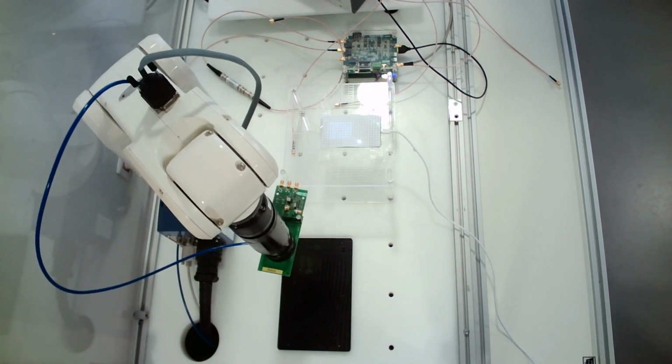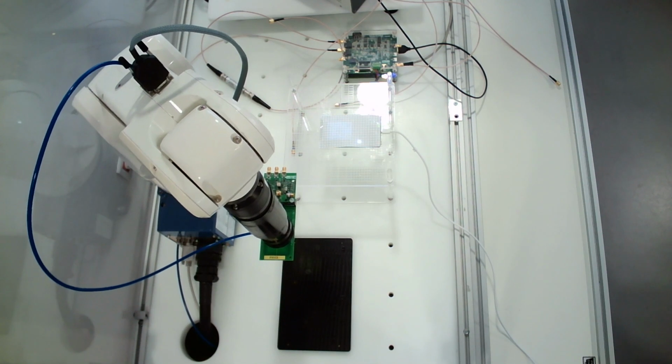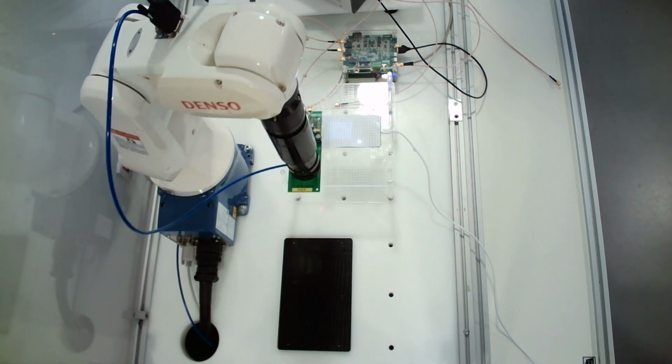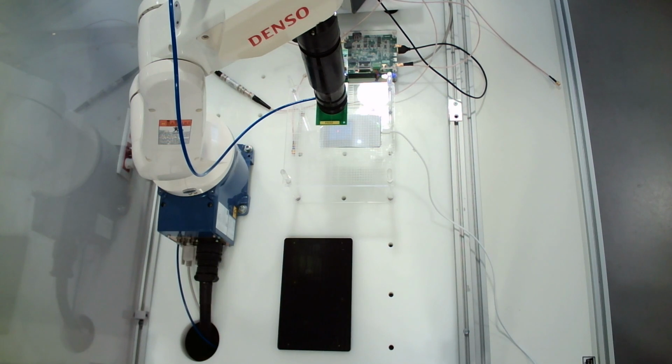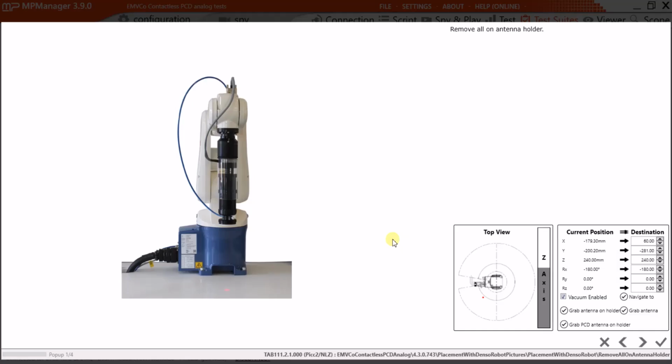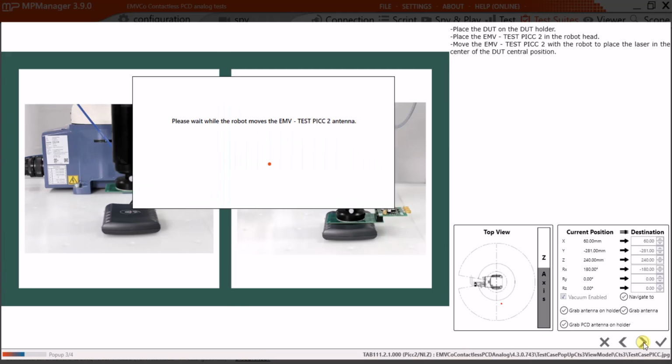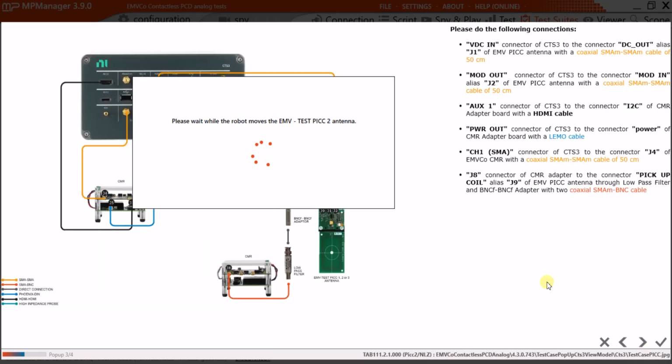And then we can continue in MP Manager to follow the directions to make the necessary connections and make the correct jumper change for the set of test cases we wish to execute. Once the robot has stopped moving, go ahead and click Validate within MP Manager to move to the next screen. The screen will tell you that the robot will then move down into contact with your device under test, at